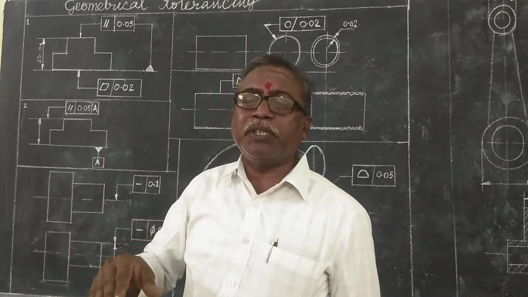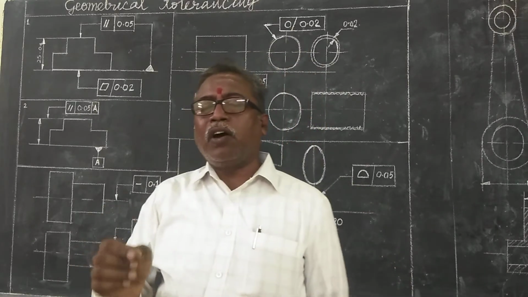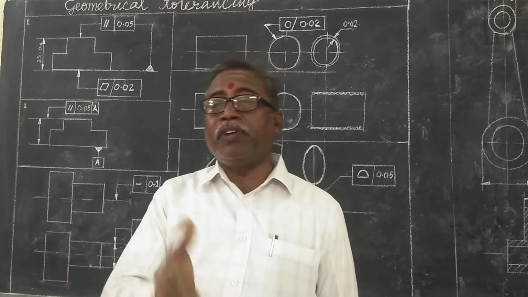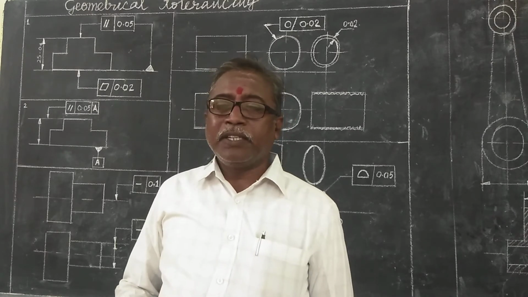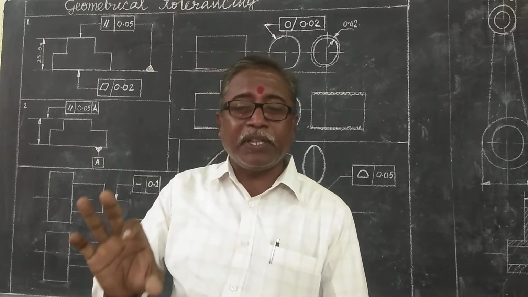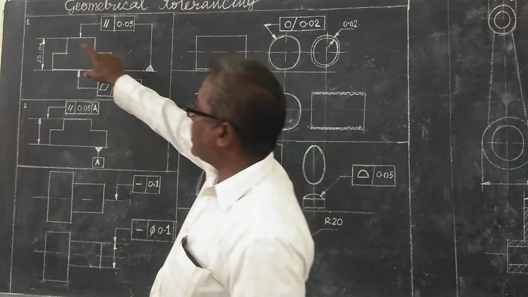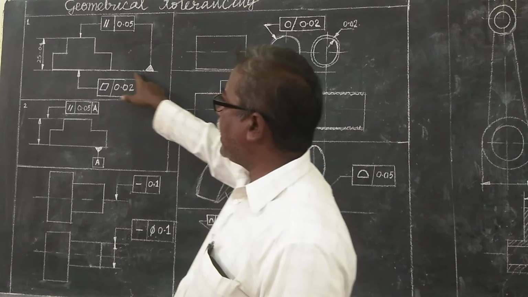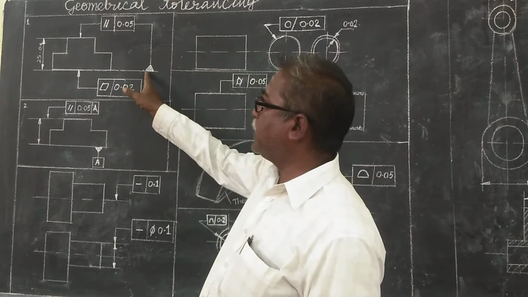Whenever you are doing machining, some variations will be there. Sometimes when you produce the component, taper will be formed. Sometimes up and down will be formed. Curvatures will be formed because of machine slackness. These are all indications given. That's why they gave this geometrical tolerance. So this parallelism is given here, with one line as the baseline, or we can call it a datum line. When the symbol is given, this is a triangle.